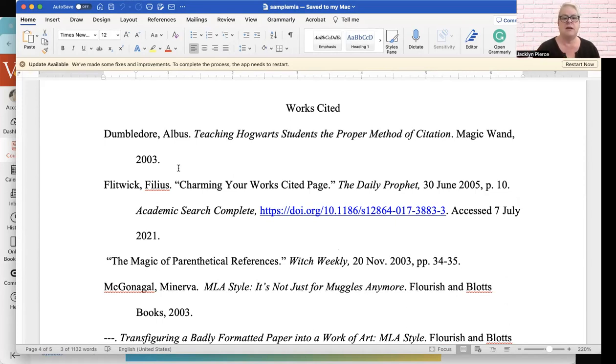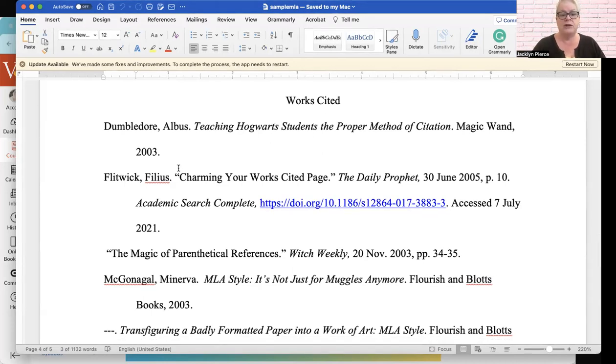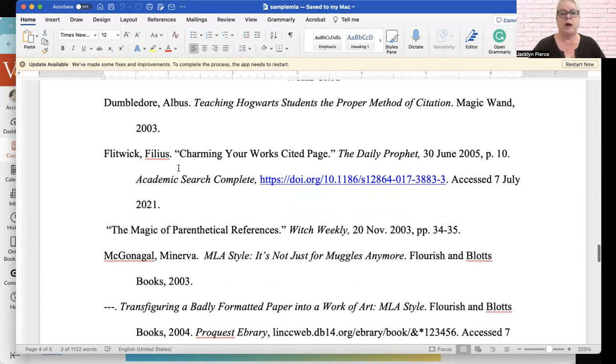In this case, there's an author. Again, my friend Nora made up all this stuff. Obviously, she's a Harry Potter fan. But Dumbledore, last name, and it's a book. So we would have a page number. It's an actual book that we looked at in person. Doesn't happen very often, but it does happen. So if a page number is available, we do use the page number as well.